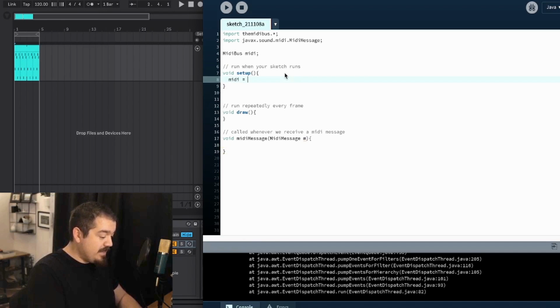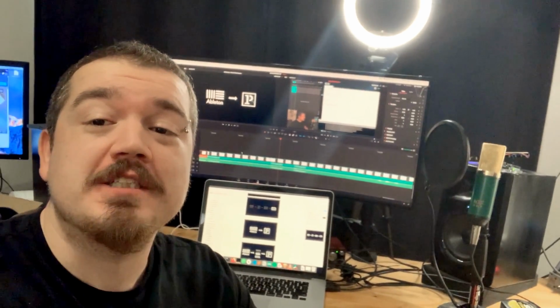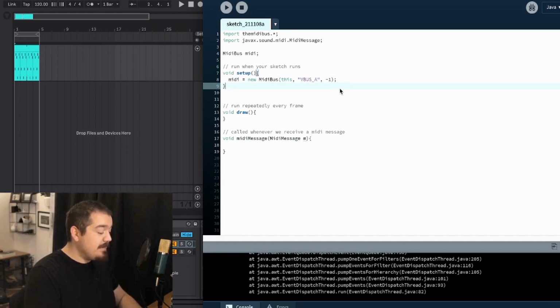We can say midi is a new MidiBus, passing in this, vbus A, which is the name of our virtual bus that we created, and -1, which is an argument I don't remember, maybe I'll tell you in the video. It specifies an output port. You don't need it. In fact, we could have just skipped it entirely, so don't worry about it. We've got all of this set up. We can println "got MIDI message"